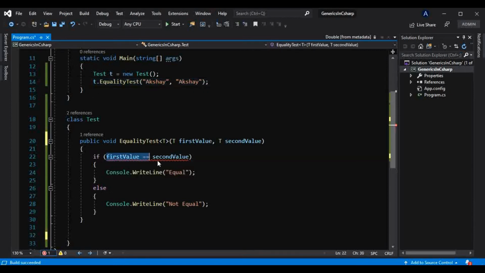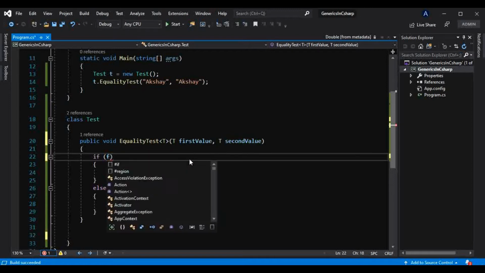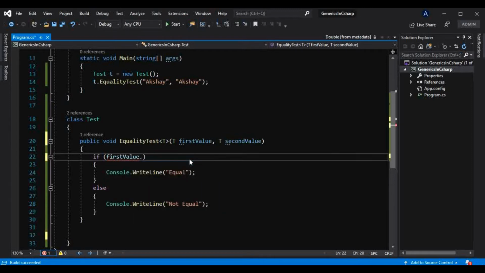But before that, let me fix this, because the plus operator will not work on T, because it is a generic type. And when we learned operator overloading, we learned that the plus operator can only be applied on built-in types such as int, double, and string. It will not work on a class either, since that is a reference type and a user-definable type. On that also we cannot use the plus operator. So all that we have learned in this very tutorial series.